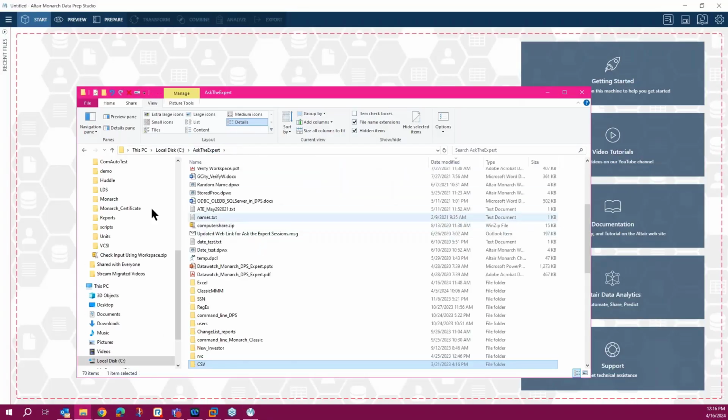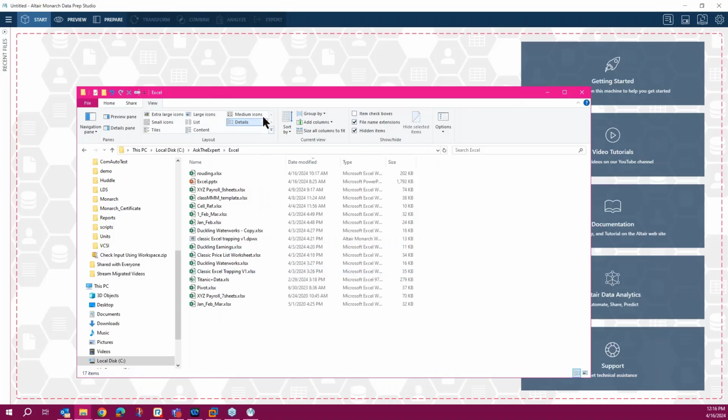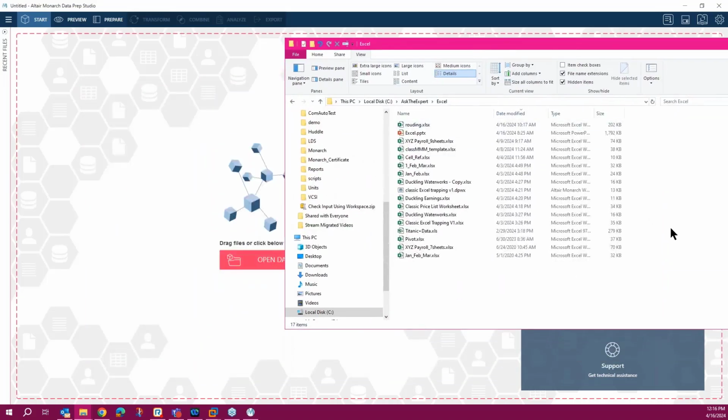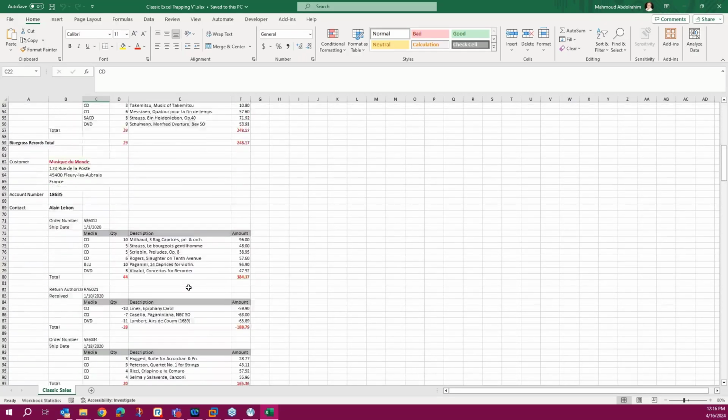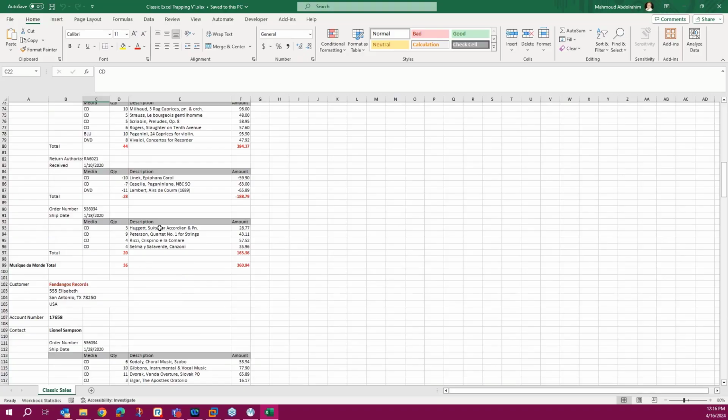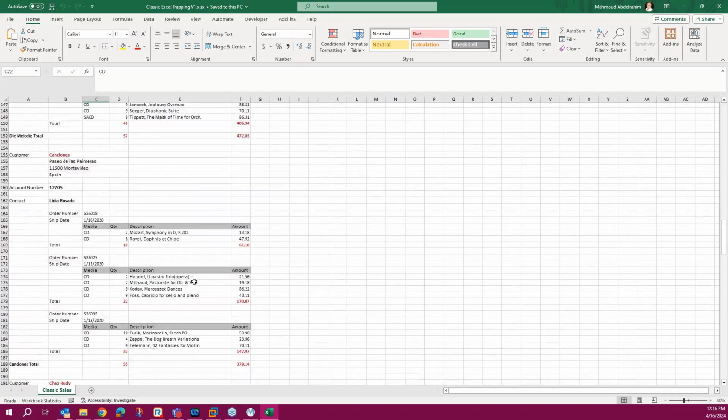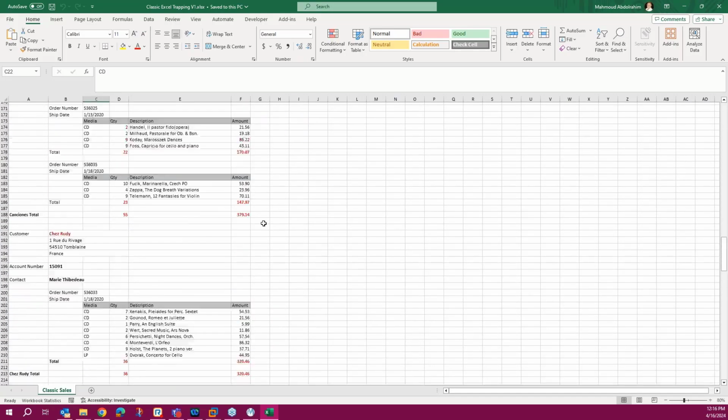So let's go to the Excel. All right, so this is another good one. I took this from one of my colleagues for the demo. Again, this has the musical shipping data. As you can see, there is some media information in this file.